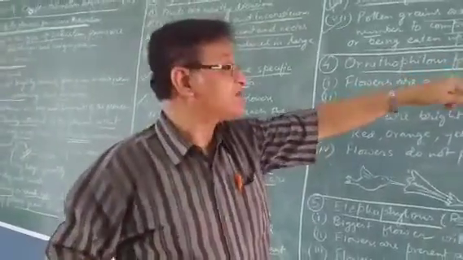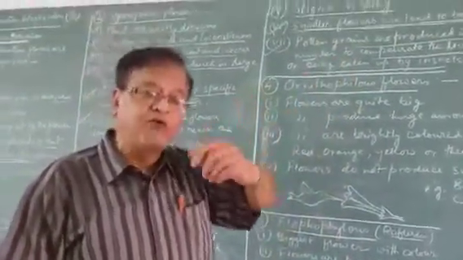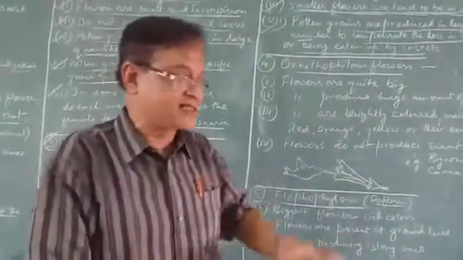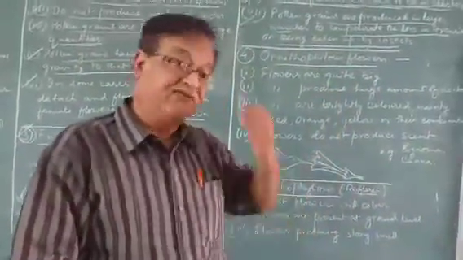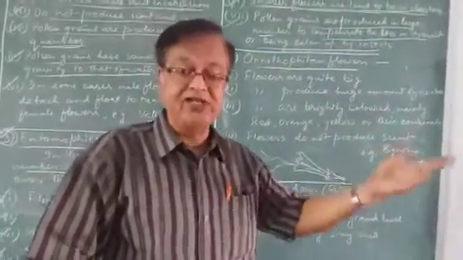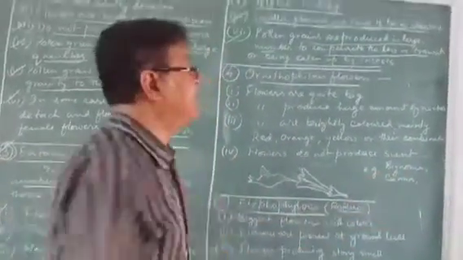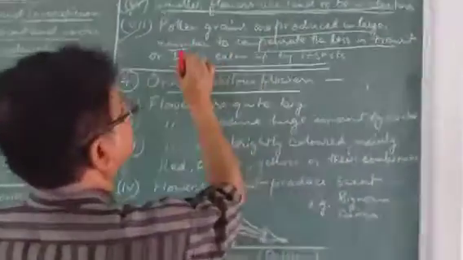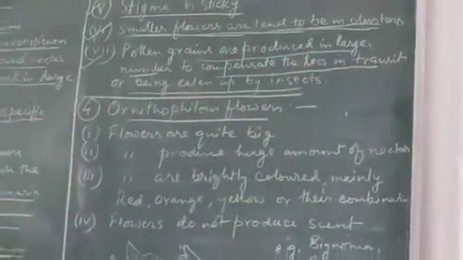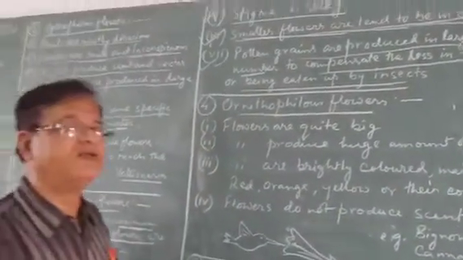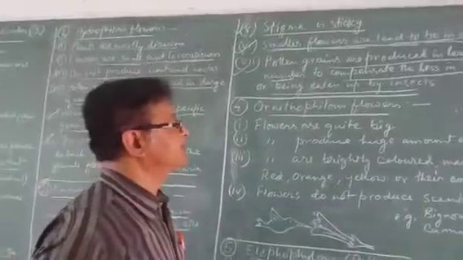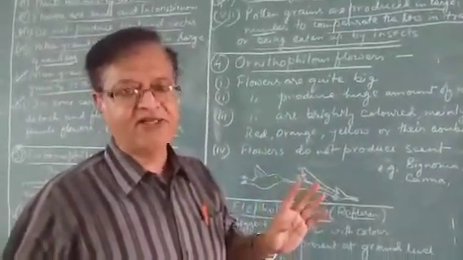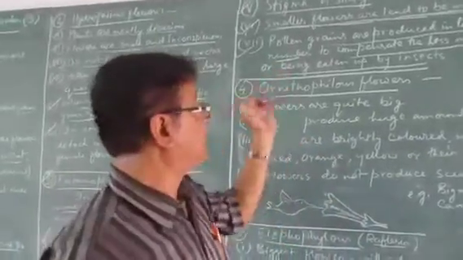To compensate the loss. The second thing is, pollen grain is food for some of the insects. If they are collecting hundreds of pollen grains, some of them they are eating up. If some are eaten up, then at least some will reach the stigma. That's why, to compensate the loss, they produce them quite large in number. So these are the characteristics of entomophilous flowers. These are the main kinds of adaptations of flowers for these kinds of things.